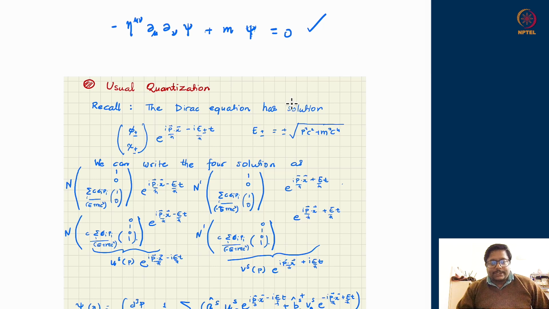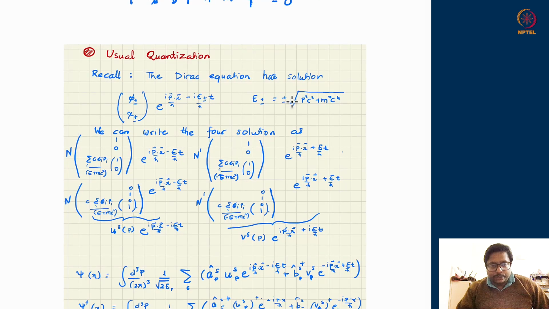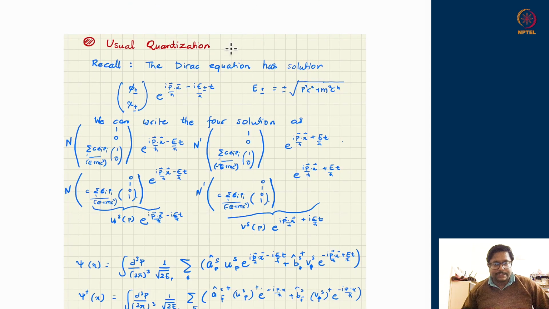So let us go forward and try to see what kind of structure we can impose, and what we learn from the standard quantization procedure. We do the usual quantization first, and surprisingly, or unfortunately for us, we will see that this usual quantization scheme, which worked very well for a harmonic oscillator structure and a scalar field, despite being appealing, leads us to some unphysical conclusions. Therefore we have to tweak the usual quantization scheme in order to get meaningful physics out. So let us see what is the unphysicality inherent in the usual quantization procedure.